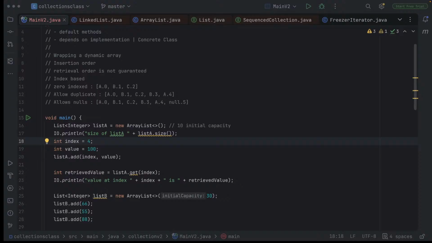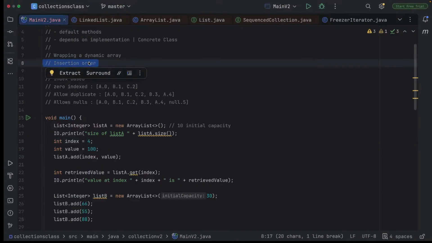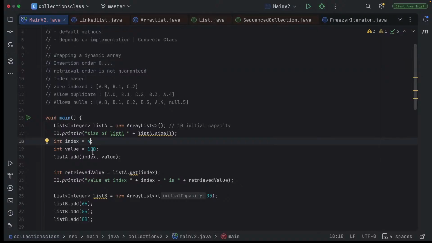So back to your point, yes, it's static. You have to insert them in the correct order. I think that's why we talked about insertion order is maintained. So you have to start inserting from 0, then proceed to the other indices. You cannot start at the middle unless index 0 already contains a value. So let's say if 0 has a value,